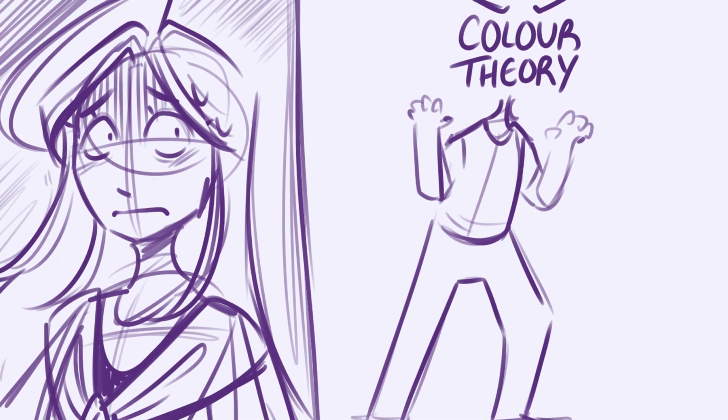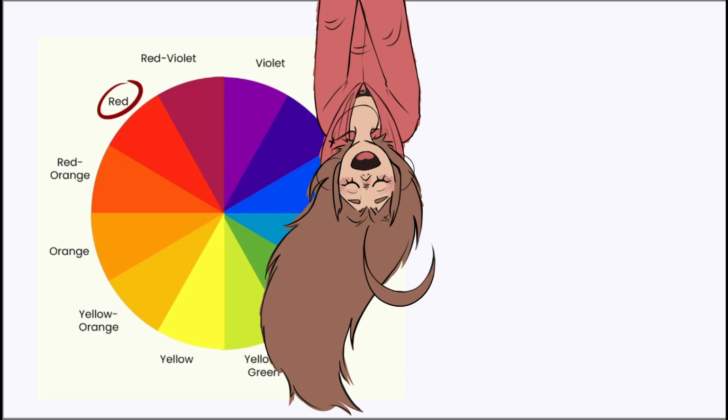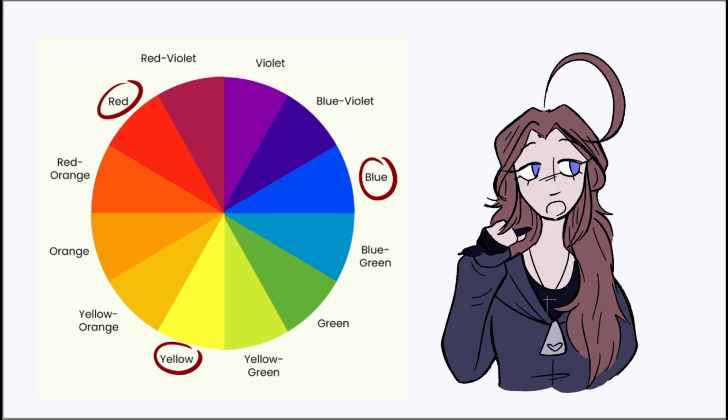Color theory is pretty daunting. If you're anything like I was, you'll want to hiss and cower at those dreaded words. But I'm here to hopefully explain all the basics in a way that we can understand. To put it simply, color theory is the study of how colors interact with each other and how we perceive them in different contexts. I'm going to explain a few basic categories of color theory that I use to create